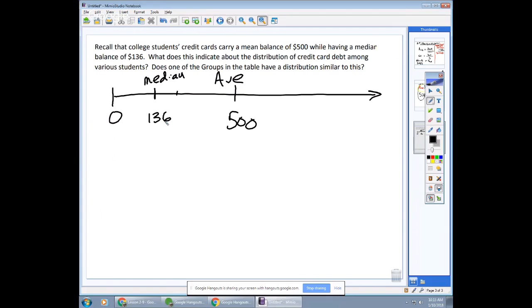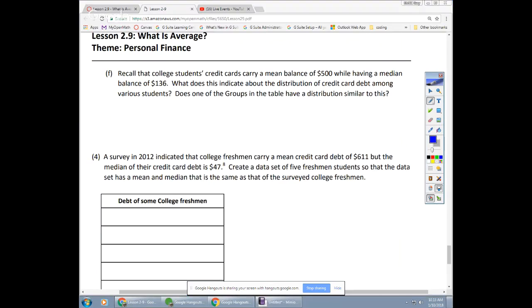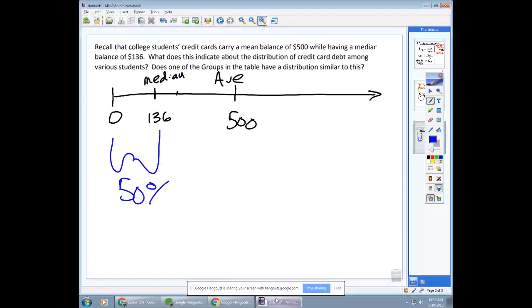Okay. So let's suppose there's 100 students in our sample. About how many of those students have to be less than or equal to the median? Half of them. Yeah. And not strictly less than, but less than or equal to. There'd be a whole bunch right at 136. So one thing I know right now is that 50% of students,